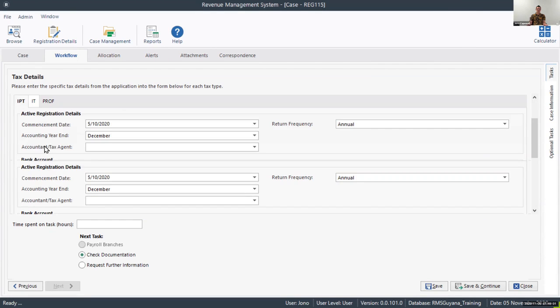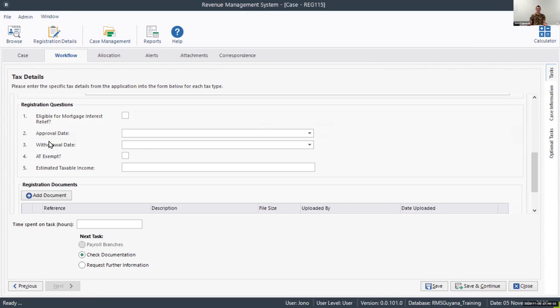If we go over to individual tax, this is the other section that will appear on some of the tax types where there are questions that need to be added as well. So, the additional registration questions per tax type. Individual tax has eligible for mortgage interest relief, a checkbox which feeds into their ability to apply for mortgage